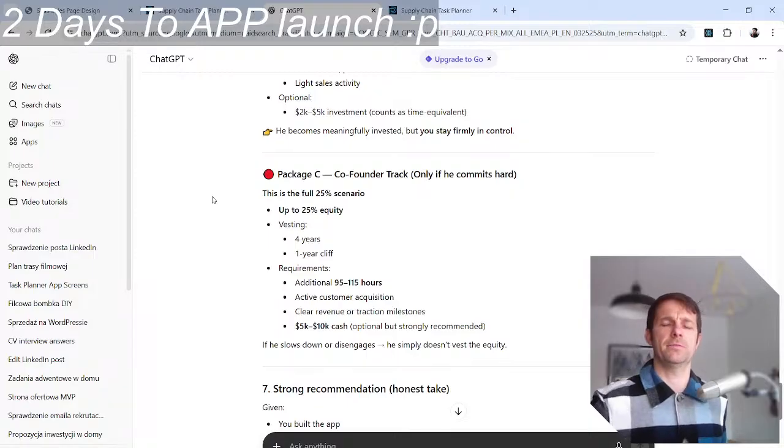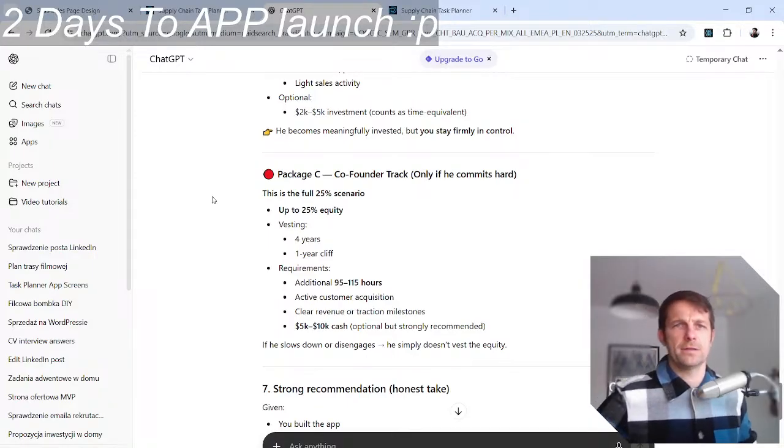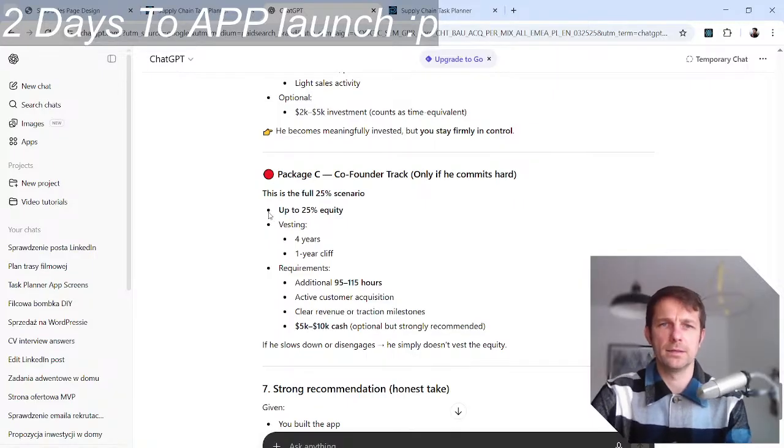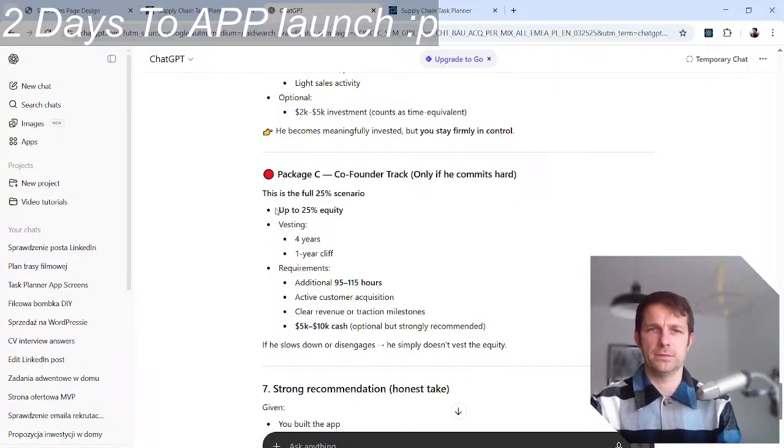This is the 25% scenario. Up to 25% vesting, 4 years, with a 1 year cliff. Additional 95 active customer acquisition, clear revenue or traction milestones.